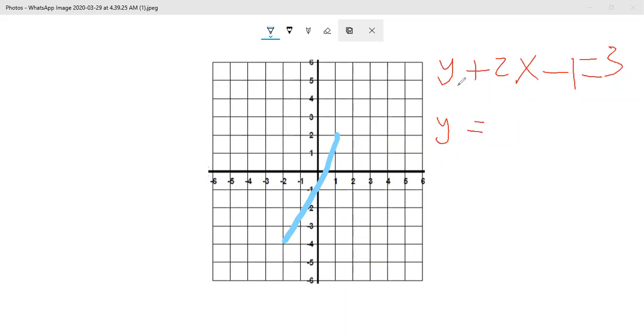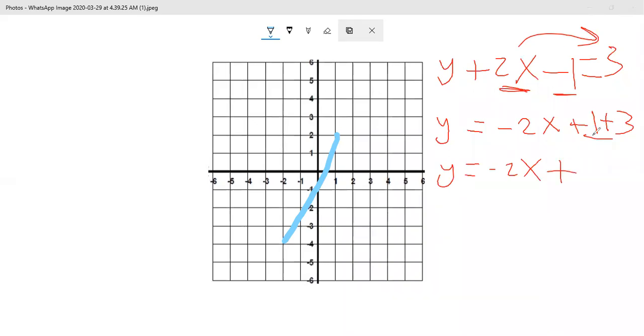So I'll send the 2x and the negative 1 to the right side. So it will be negative 2x plus 1 plus 3. It's hard? No. Now y equals negative 2x plus 1 and the 3, the sum equals 4. So m equals and the c equals